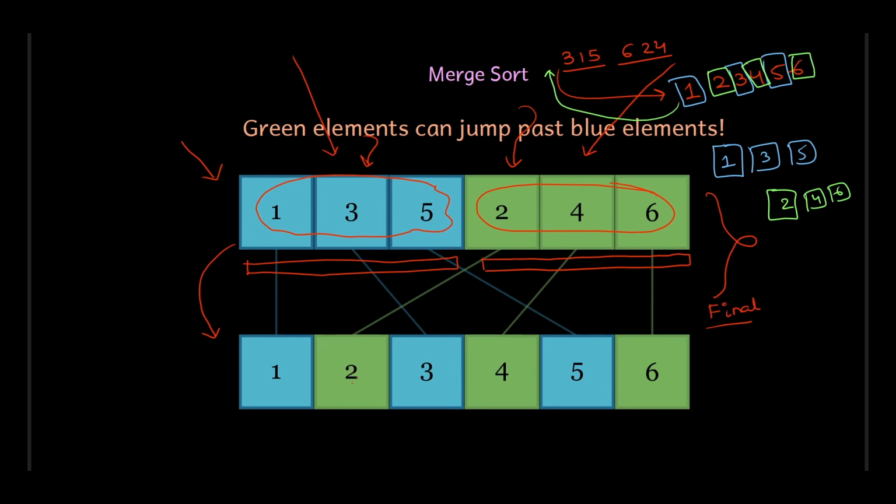So what does this mean? This means that if sorting is possible, then sorting the individual colors should also be possible. That is necessary but also sufficient. So now we have isolated the problem to only figuring out how we will sort the individual colors, because once we have done that, then we can simply apply this merge sort strategy to do the final sorting. But how do you sort the individual